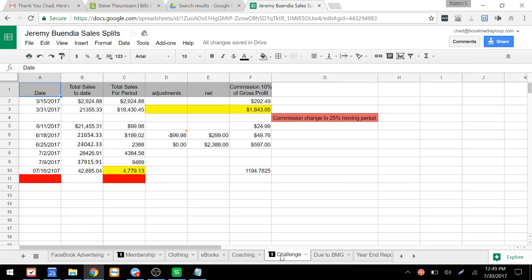Okay. Let's see here. Okay, like, the first challenge we did was only 10%, and this spreadsheet is like, okay, here it is. It says commission change to 25% moving period.